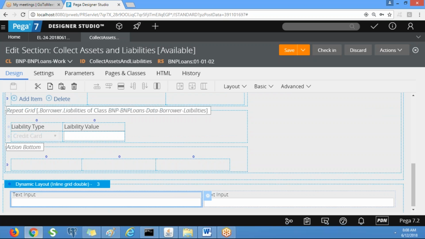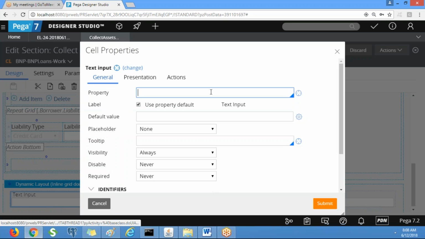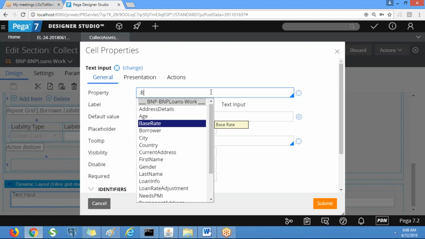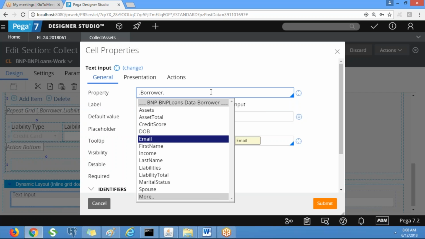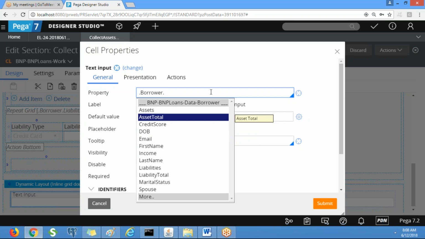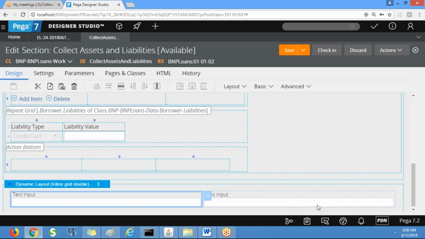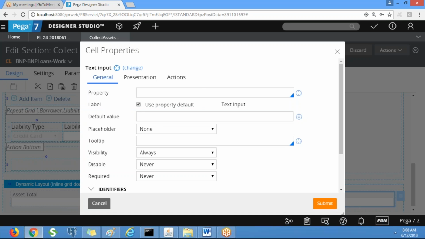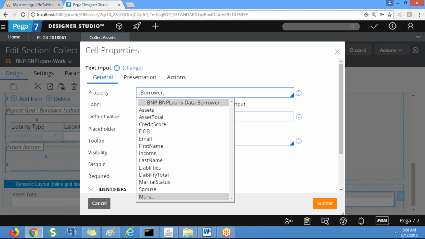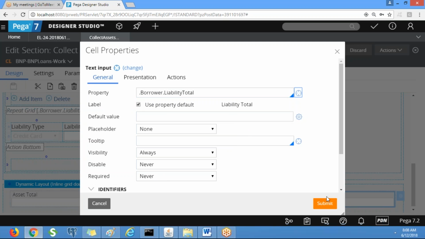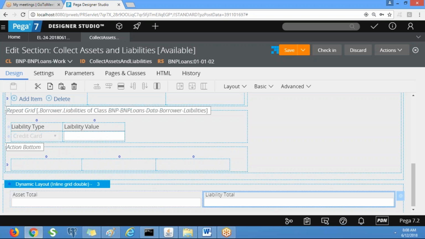And for total assets, the total asset property is available under borrower, right? So borrower dot asset total. Next, borrower dot liability total. Save it.